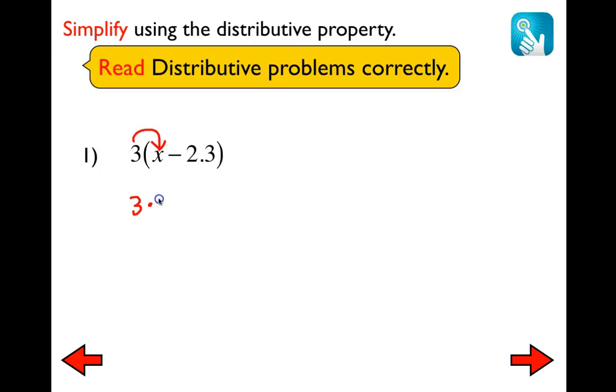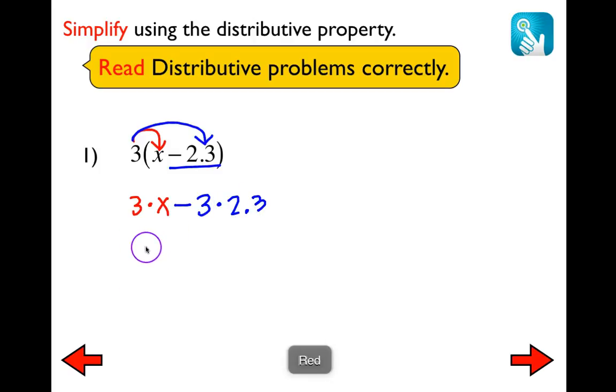3 times x. And now here, be careful, you're distributing a positive times a negative number. So I'm going to go ahead and say positive times negative is a negative. I'm going to put that subtraction right away and multiply 3 times 2 and 3/10. Now I'm just going to go ahead and simplify. 3 times x is 3x, and a negative 3 times a positive 2 and 3/10 is going to be